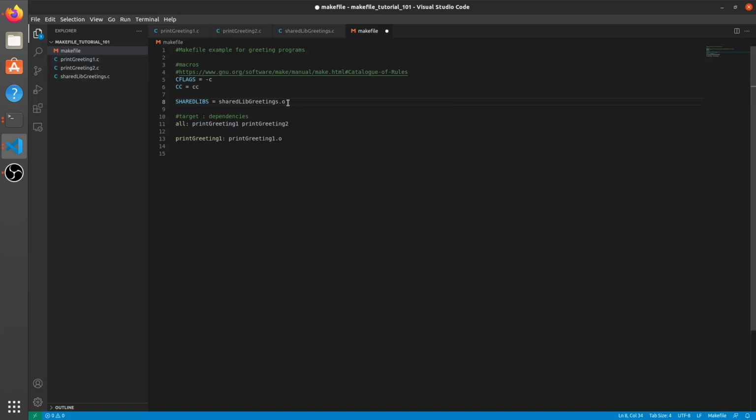And that is going to be, we need to make sure that we have the object file of our shared libs greetings. So to use a macro, you do the money sign, open parentheses, type in the macro name, and then close parentheses. And that will, in turn, when we run it, just place this code where that is. All right, super easy. All right, so now that we have defined the entry point for this action,